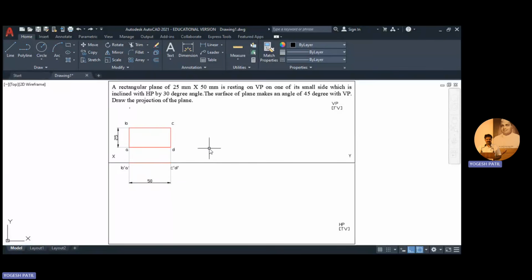Now the next condition, that is the surface inclination. So our second step in the solution, after drawing the true shape, is this: this is the true shape that we drew. And after drawing the true shape, the next thing we have to do is make the surface angle. As per the statement, the surface makes an angle of 45-degree with VP. So now I'm going to select this true length,